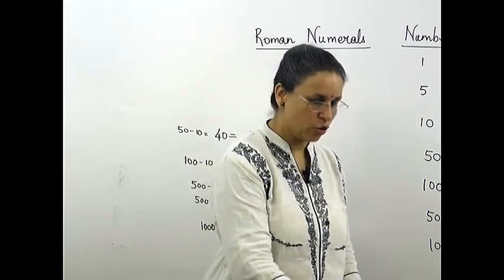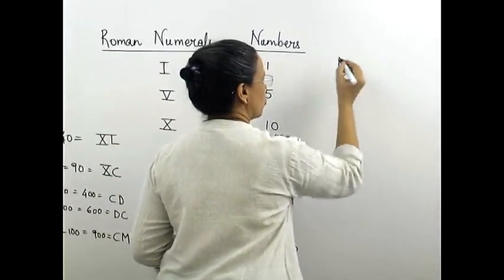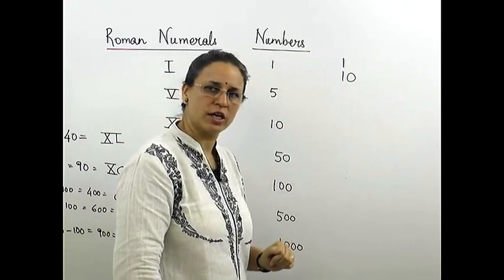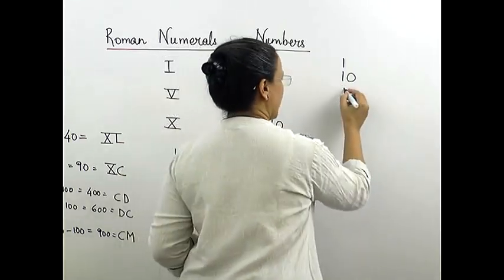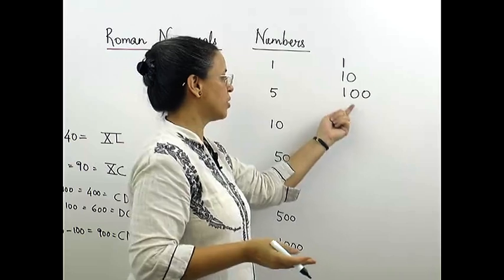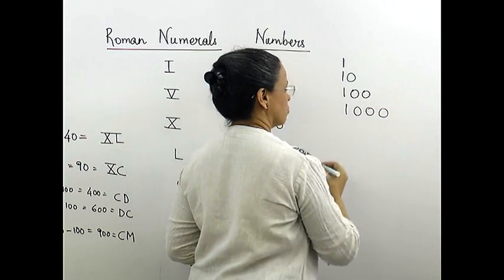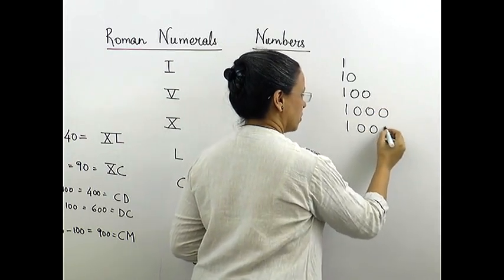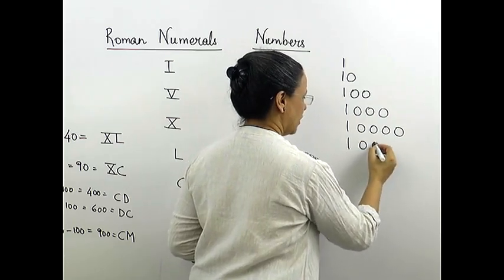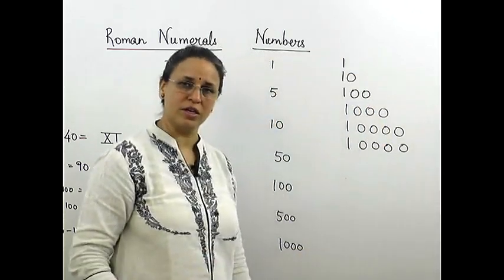Of course not. When you write the number 10 as compared to the number 1, आपका वैल्यू बढ़ गया? 10 रुपए के बजाय मैं 1 रुपी दूं तो चलेगा? No. Similarly, when I add 2 zeros, आपको लगेगा 2 शून्य, शून्य का तो वैल्यू ही नहीं रहता है, लेकिन ये बन गया 100. Similarly, when I put 3, it will become 1000. When I put 4, it will become 10,000. And so on. Then we can make it into 1 lakh. So how many ever zeros you keep on putting, the value will go on increasing.